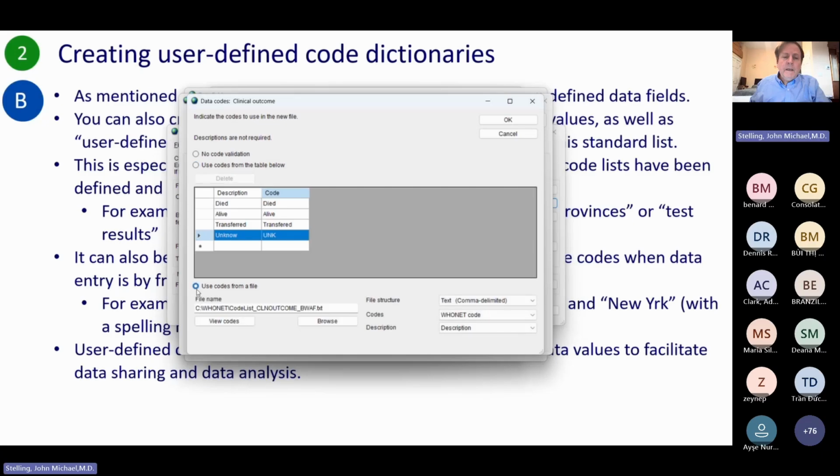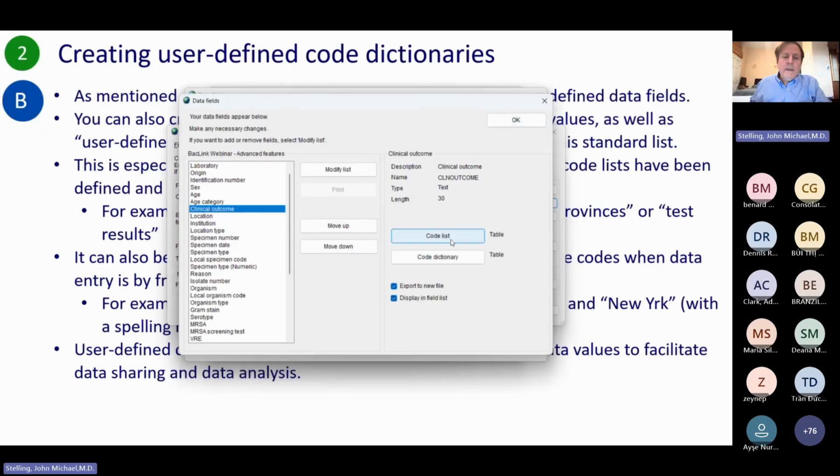And we've done this a lot for Argentina. They have a list of diagnoses. They have a list of risk factors. They have a list of contributing comorbidities. And by having it in a file, they just update that file once a year. They send it to all the labs as an external file. That's useful, but I'm just going to do the table here, meaning it's only for this configuration. It's not for any other, it's for this configuration. I've made these 4 things here, okay? So I've made a code list. Now that I've made the code list,